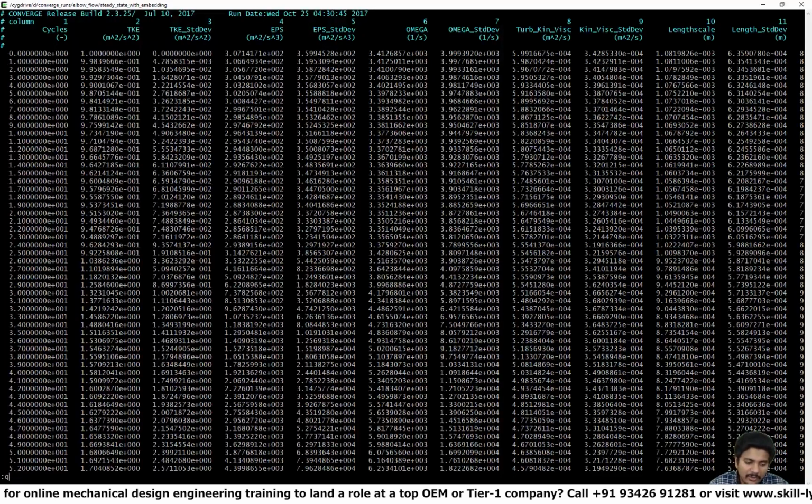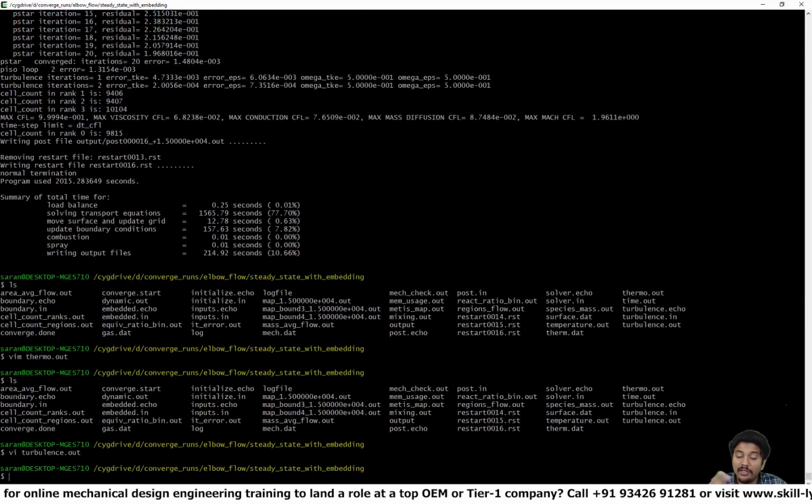But the whole idea that I want to convey is that in these output files you have meaningful data which you can look at, which you can plot, and you can get engineering quantities out of it. So this concludes the case setup for the steady state simulation. Now what we are going to do is set up the same problem using a